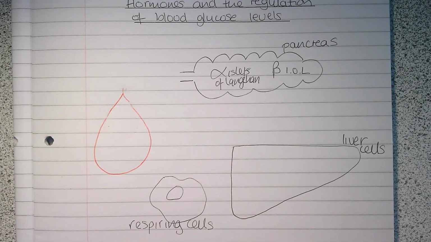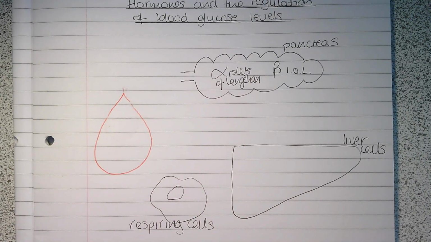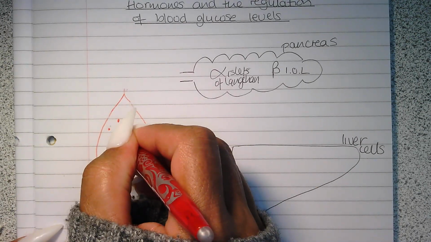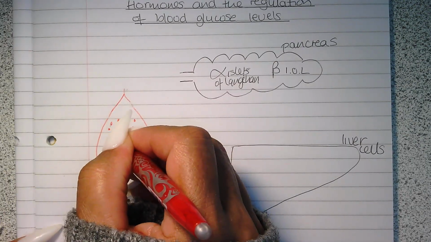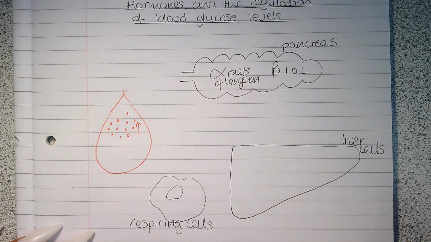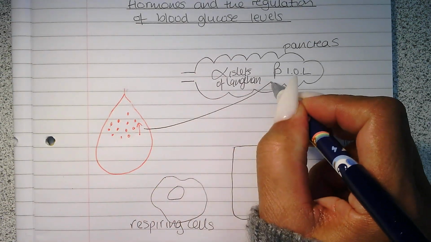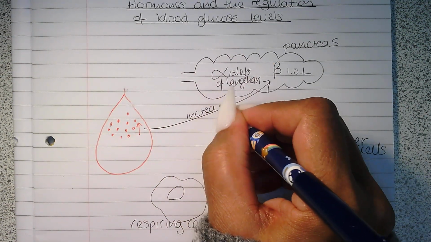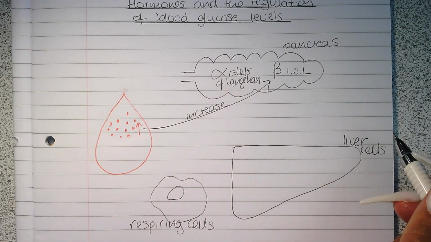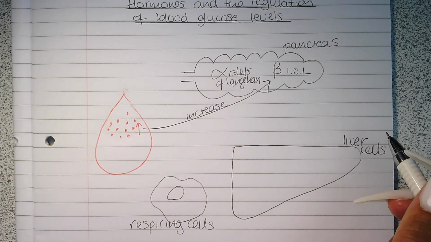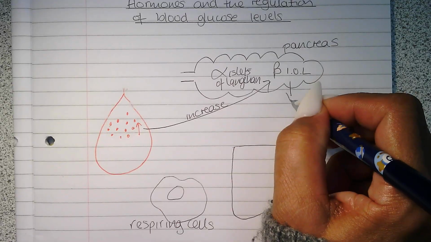When blood glucose levels are high, so for example, after a meal, our enzymes digest our large polysaccharides into smaller saccharides, monosaccharides, for example, glucose. So our glucose level in our blood will increase. This increase is detected by beta cells in the pancreas, beta islet of Langerhans cells in the pancreas, and as a result, they release